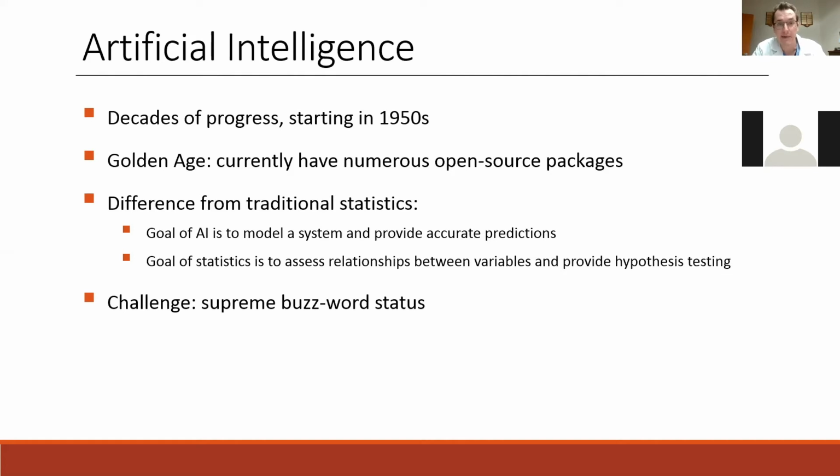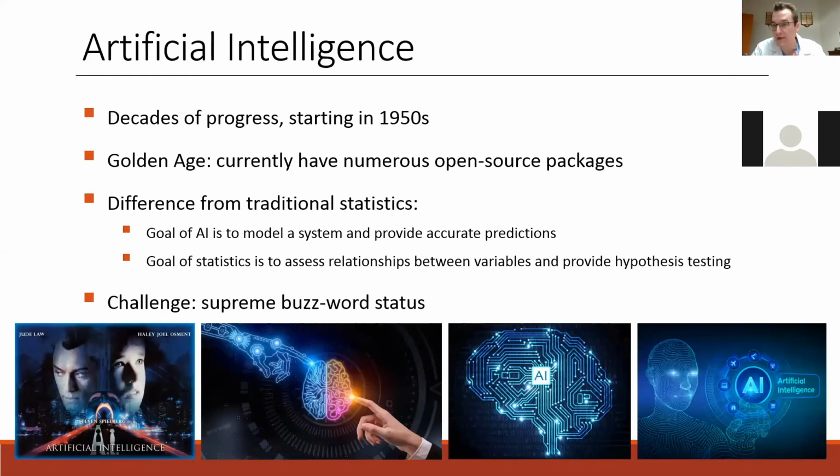It's very exciting. How does AI differ from traditional statistics? AI, the whole point of it is to take a complex system, model it, and create accurate predictions from that model. Whereas statistics is more about looking at variables, the relationship between variables, hypothesis testing, these kinds of things. I think a big challenge is that AI is the supreme buzzword part of science. You think of AI, you get robots, you get brains, there's neon colors. And this is really a difficult thing to overcome because in popular opinion and in layman's understanding, it seems very futuristic. It seems unsturdy, and even in the minds of a lot of reviewers, it's difficult to sometimes publish AI-related research, which is a shame because it has excellent data behind it.